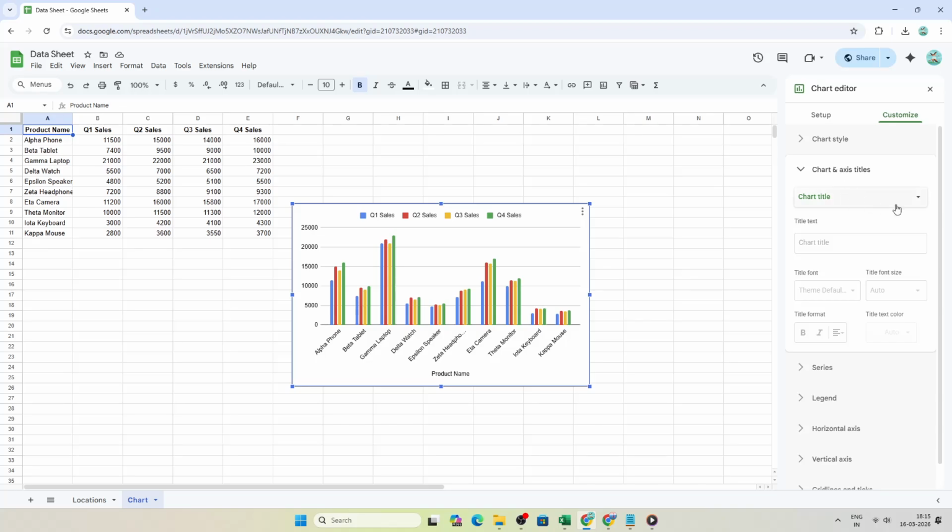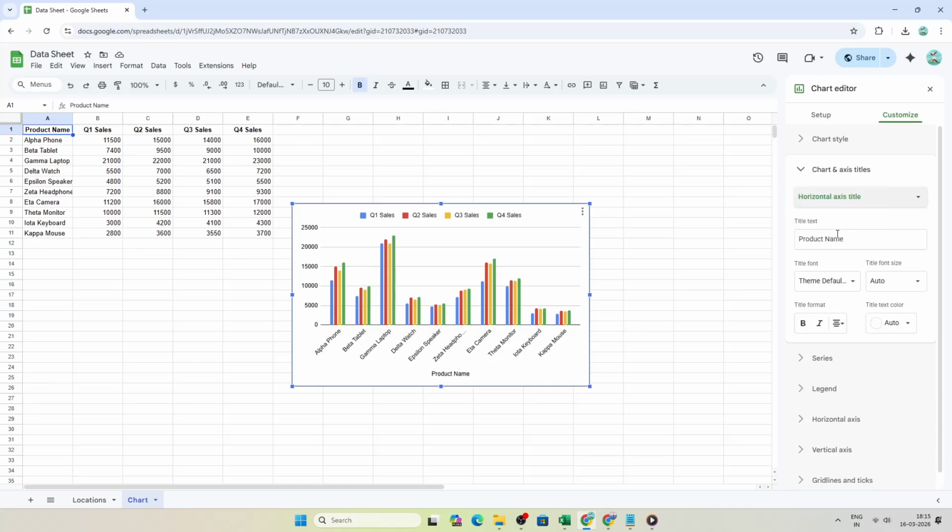Inside Chart and Axis Titles, look for the Type drop-down. To label the X-axis, which runs horizontally from left to right, choose Horizontal Axis Title. Then, in the title text field, type the label you want. Use a short, descriptive phrase and include units if they matter, for example, months or category. As you type, you'll see the label appear on your chart so you can confirm placement and spelling